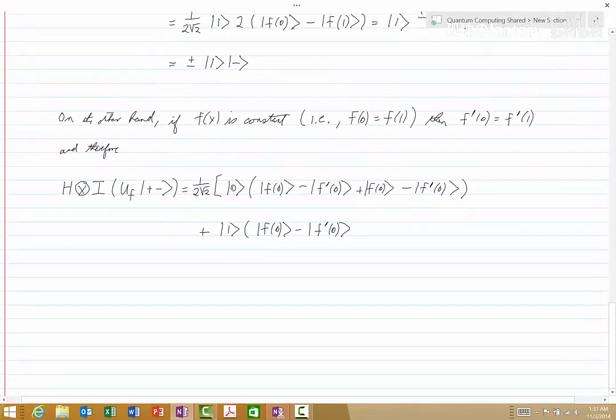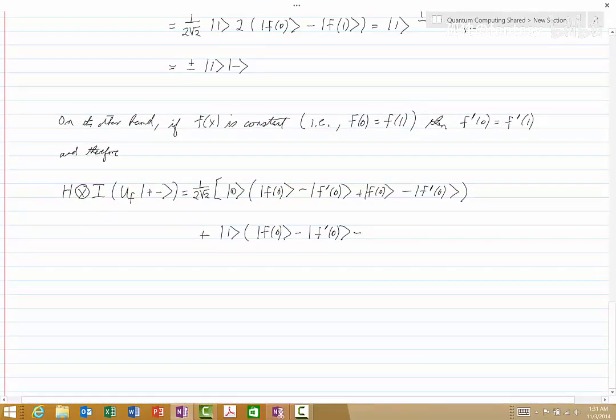So if we do that down here, then we get minus f of 0 plus f prime of 0. And now, if we look at that carefully, we see that this time, everything in the second set of parentheses goes away. Here we have positive f of 0, negative f of 0, negative f prime of 0, positive f prime of 0. And so we would be left with 1 over 2 times the square root of 2,